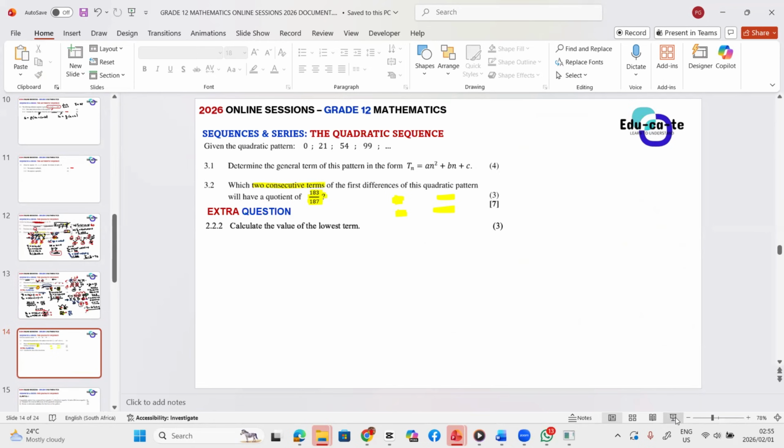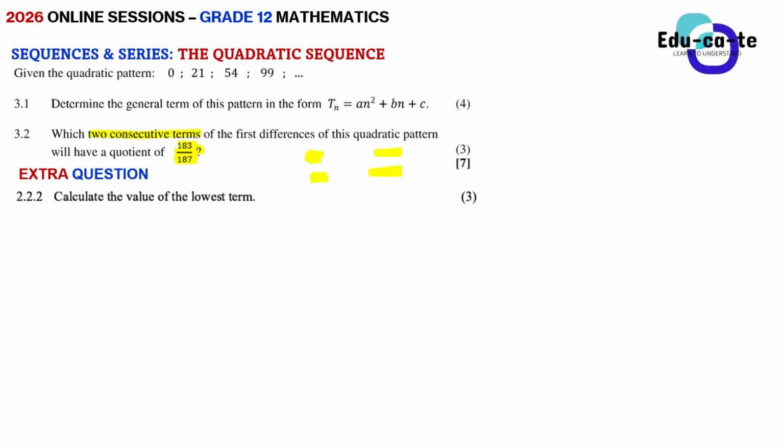They will always give you questions like calculate the value of the lowest term or the value of the highest term. So I don't know if you know it, but these number patterns that you are doing are actually functions. Do you guys know that? Yes, sir. We're not aware, but my teacher once told me this. Yes, guys, they're functions. When we've got a quadratic function, its equation is essentially a quadratic number pattern. It means that you can plot them on a graph.